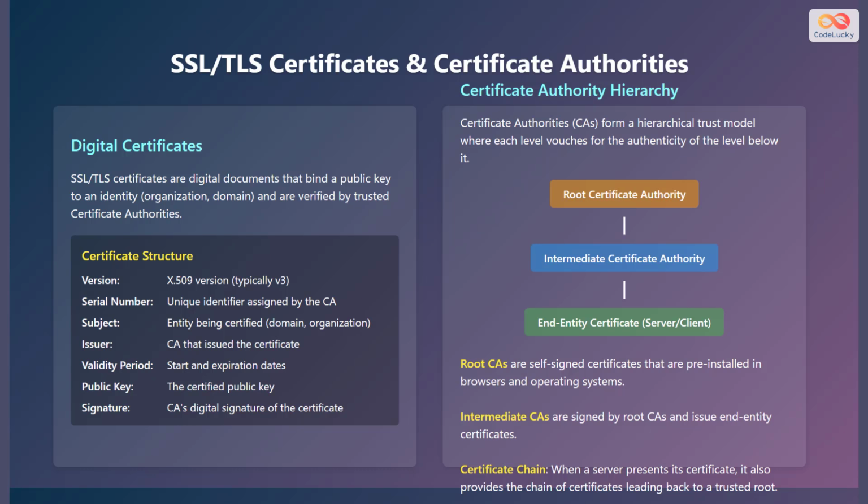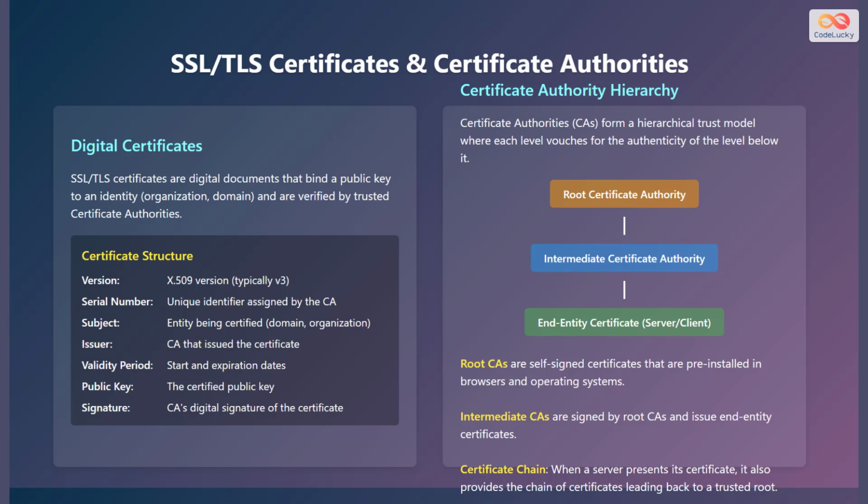Certificates have a specific structure including: version, typically X.509 version 3; serial number, a unique identifier assigned by the certificate authority; subject, the entity being certified, such as a domain or organization; issuer, the certificate authority that issued the certificate; validity period, the start and expiration dates; public key, the certified public key; and signature, the certificate authority's digital signature